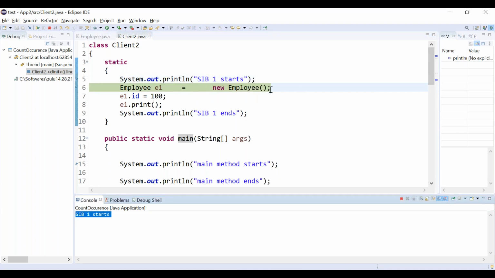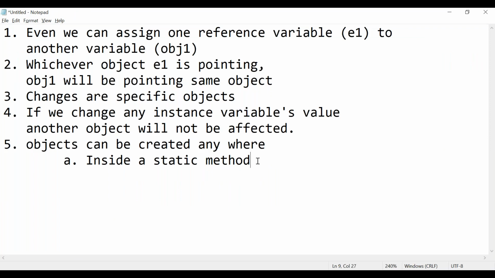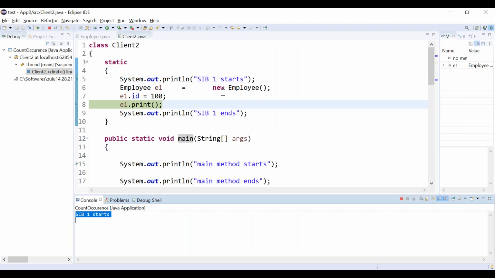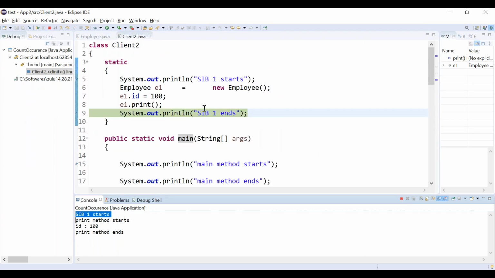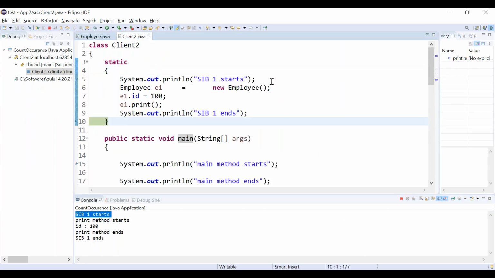Inside a static block also you can create objects. We have created an object and we are printing the value here, correct? SIB1 ends.